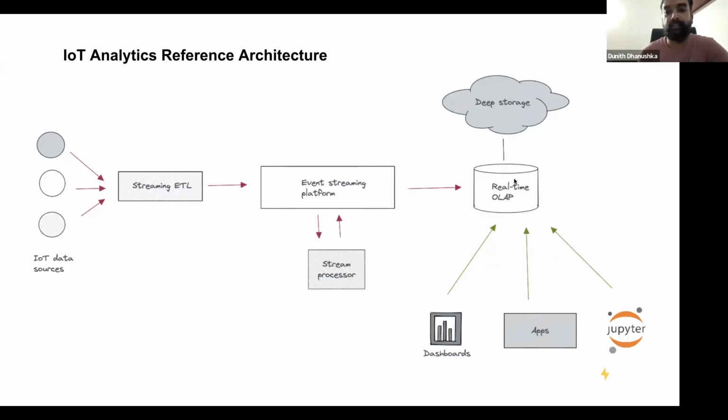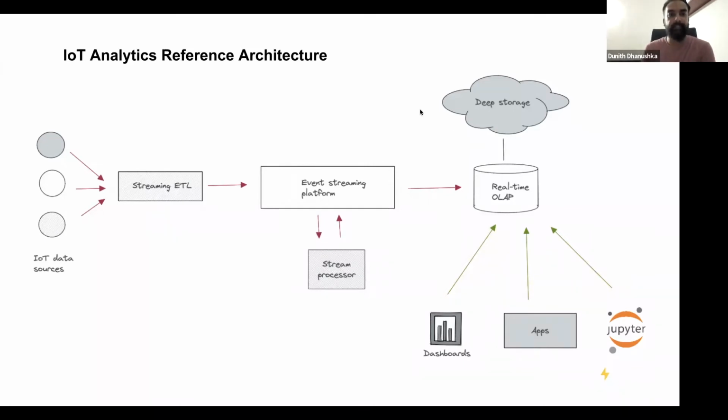There's one more component: we can integrate this real-time OLAP database with deep storage, so that whenever data gets older, we can flush it into a cloud-based storage location like an S3 bucket or Google Cloud Storage, giving an economical and scalable storage for your incoming data.